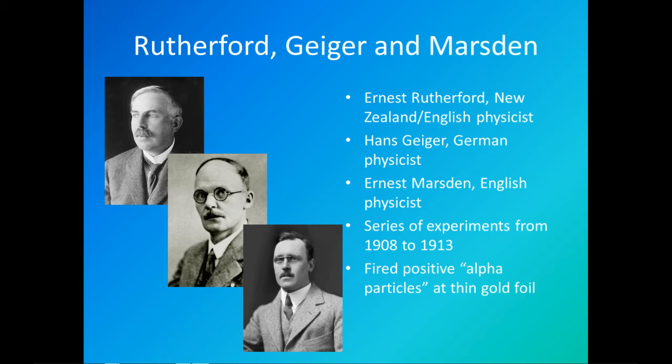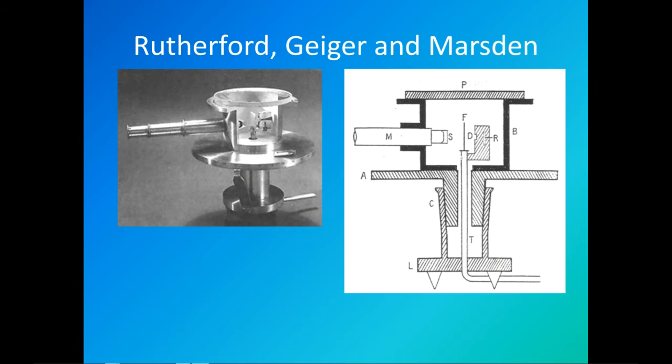and then the alpha particles would hit a fluorescent screen and they would observe that screen and see what had happened. So their apparatus looked a bit like this. So if you look at the diagram on the right, F in the middle there is our gold foil. R to the right of that is our radium, our source of our alpha particles. So they would travel across, and as they pass through the gold foil they would hit S, which is our screen, and because these impacts are so small and difficult to see, we have M to the left of that, this tube coming out, that's a microscope,